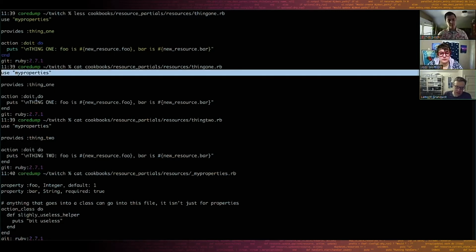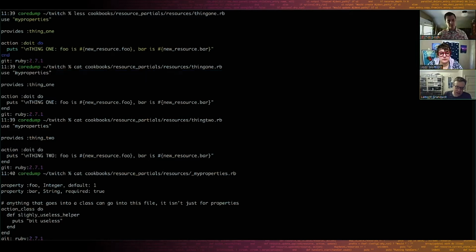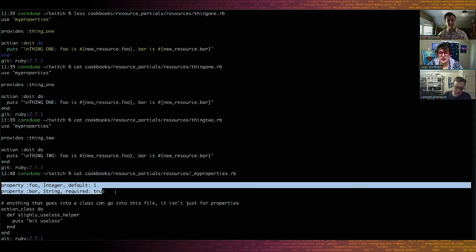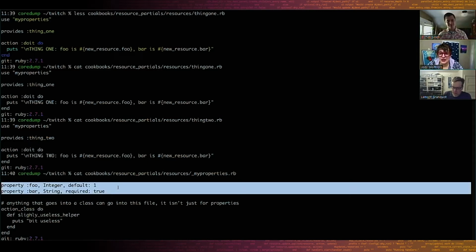And so you just go use my properties. There's a little bit of sugar around it: you say my properties and you get the underscore and the .rb. You can also include the underscore and the .rb up here, and it's reasonably smart about that. That's nice. Even if we expect people to know that they're related, if they don't and they include that, they'll still be fine. Yeah, and this is how you can dry up your properties in your interface.